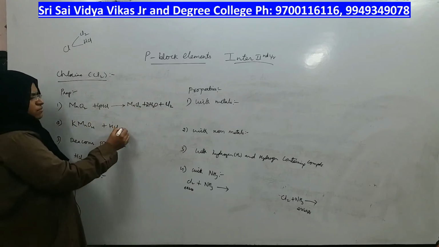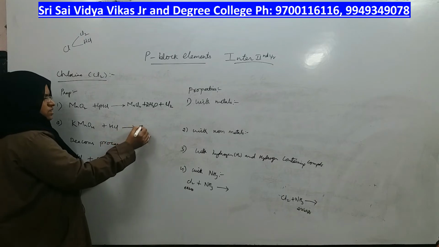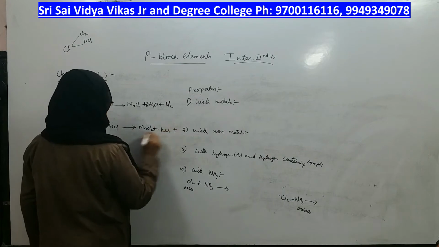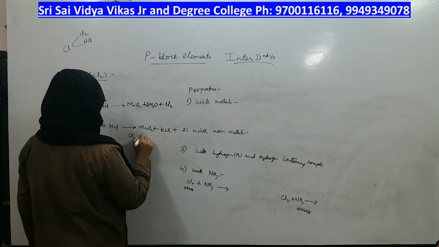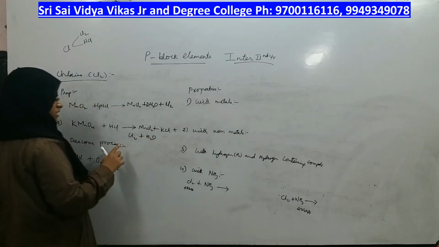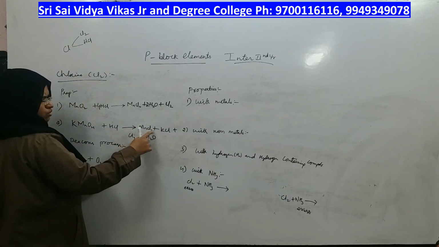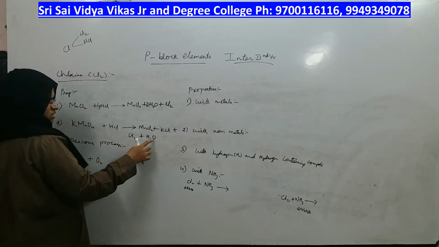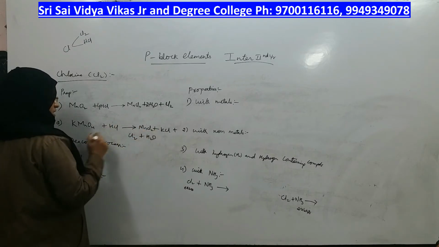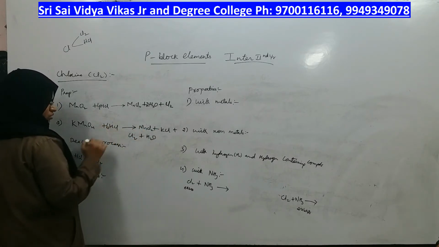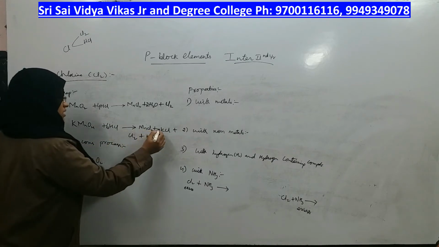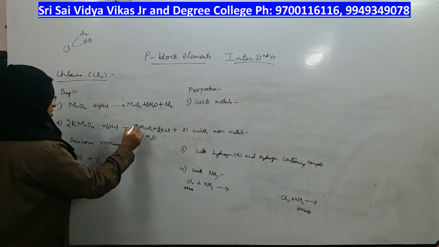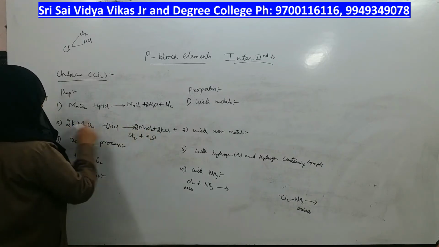Same way, if you heat KMnO4 with HCl, you will get MnCl2 salt plus KCl salt plus chlorine gas plus water. How many chlorines are here? 2 and 1. 5 you cannot take, you have to take how many chlorines? 2 to 5 chlorines. That means you have to take 6 chlorines. How to make it 6? You make it 2. That means you make this also 2. You make this also 2. 2 manganese, 2 potassium, correct?